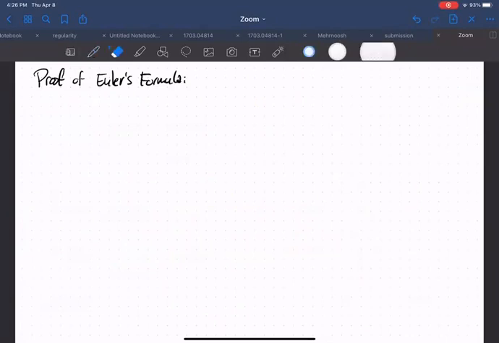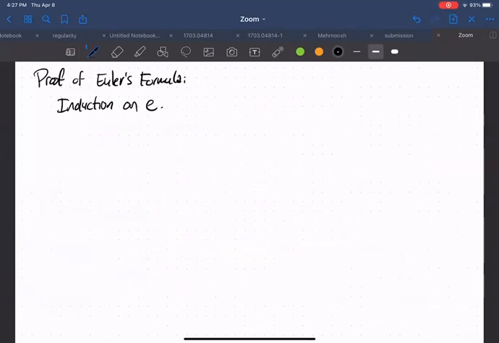So we'll do it by induction on the number of edges. And remember that the graph is connected. So it's a connected planar graph. And so if we're going to do induction, what should the base case be? Well, kind of easy base case is when the number of edges is equal to 0. Now, if a graph is connected and it has no edges,